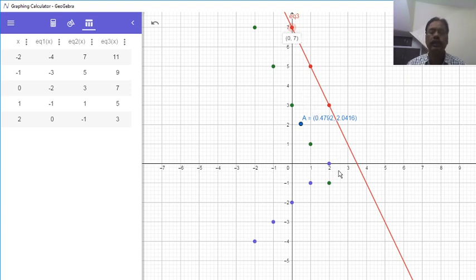So in this way we can draw the graph of a linear equation. How will you draw the graph? You will first find 3 or 4 solutions of the given equation, and you will plot them on the graph paper. After that you will join all the points with the help of a scale. That will be the line you get, and that will be called the graph of the linear equation. So in this way we have drawn the graph of a linear equation in 2 variables.